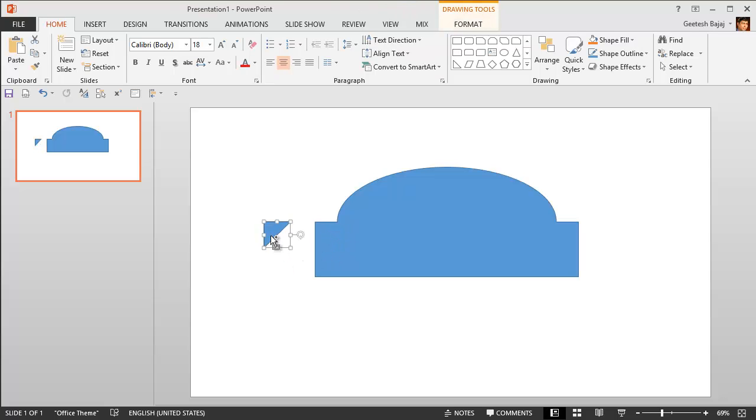I'm also going to press the control and shift keys so that I can drag and make a copy of that one. Get it here. Sorry, it didn't work. Let me try it again. Yes. And this one again is rotated. So let's take this particular shape